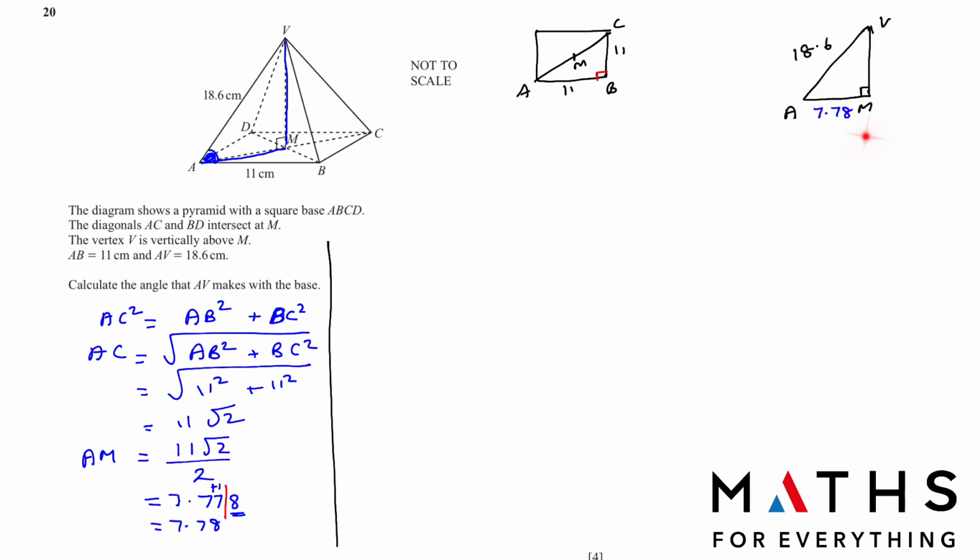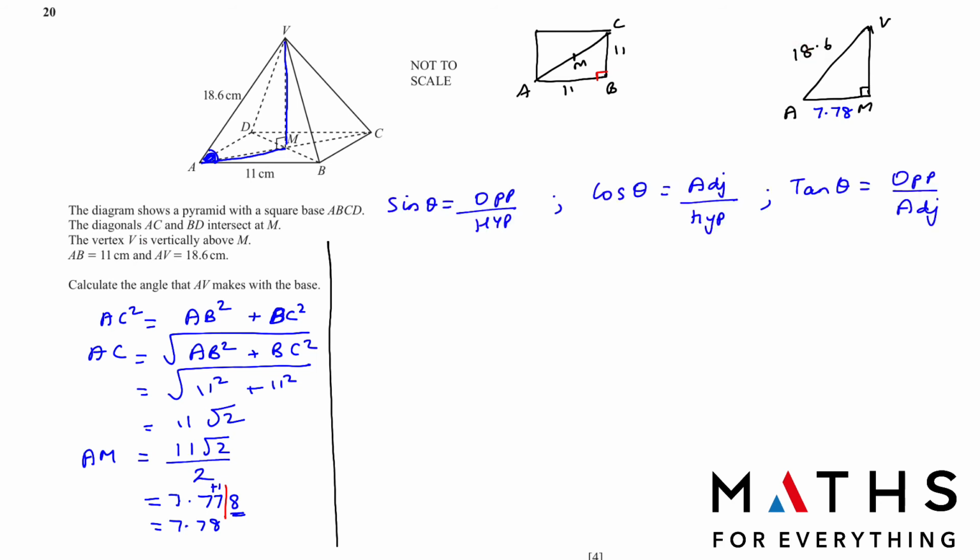We have AM as 7.78, AV is given to us as 18.6, and the angle at M is a right angle. Now we need to find this angle. You need to know your trigonometry identities, because whenever two sides are given and you want to find the angle, we need to use trigonometry. We can use sine, cos, or tan. You need to memorize these very well. You can write these as